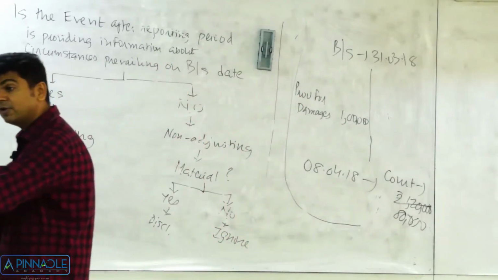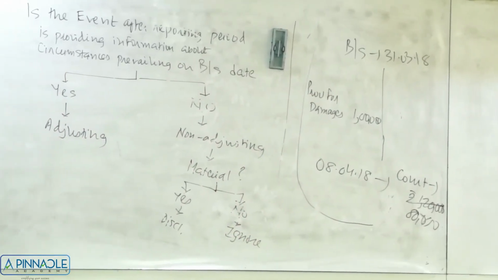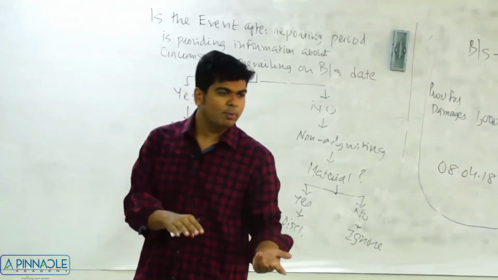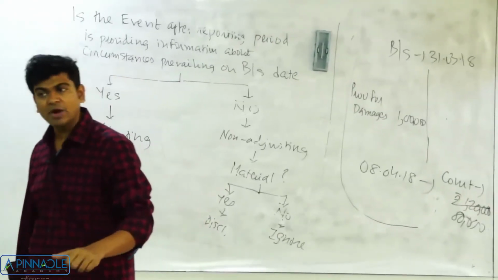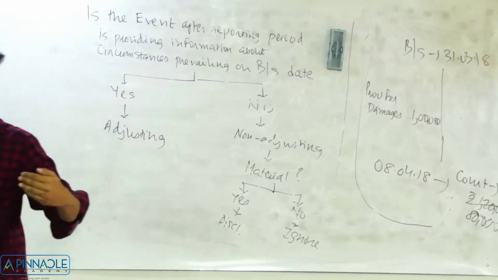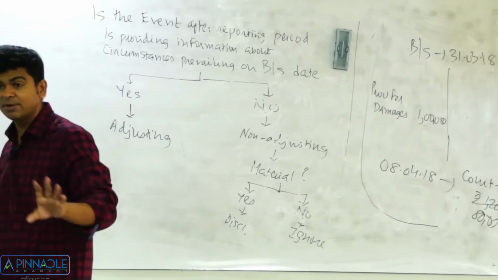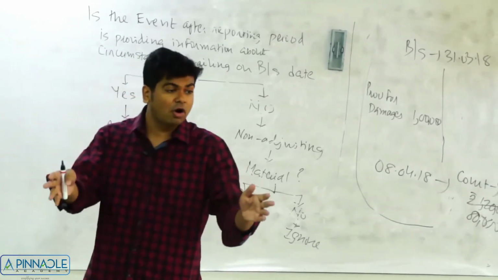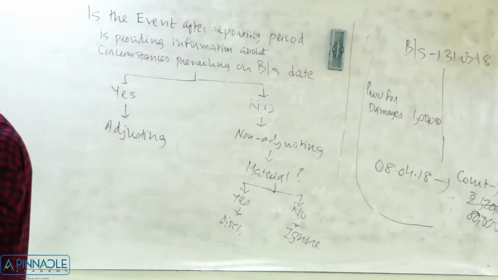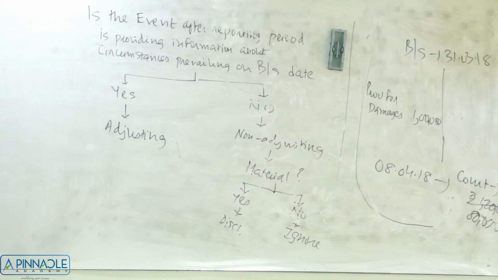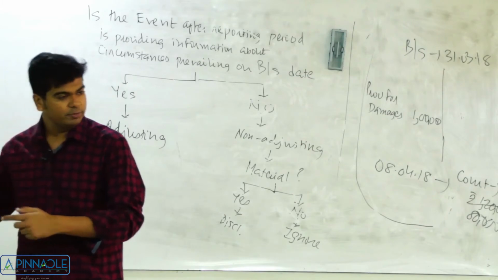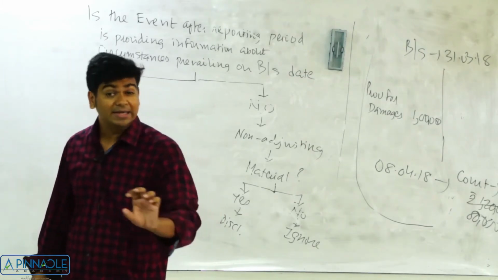Remember, events occurring after the balance sheet date are not just unfavorable. Many times we think that only unfavorable things have to be done, but favorable things are also possible, and if favorable things are there, even those need to be accounted for. For example, instead of the employee filing a case against you, you have filed a case against the employee. You feel that the employee has done a fraud, and your lawyers are advising you that mostly you will win the case, and you will definitely get 1 lakh of rupees. Now, this will also attract Ind AS 37, where this item will become a contingent asset.